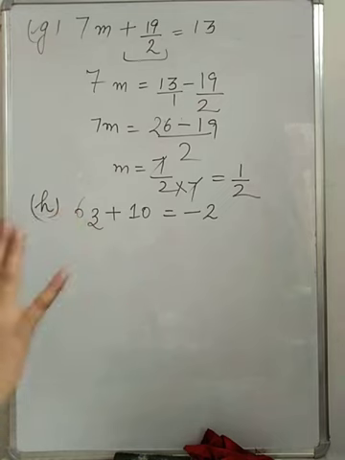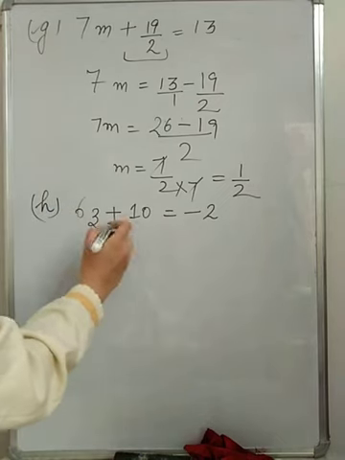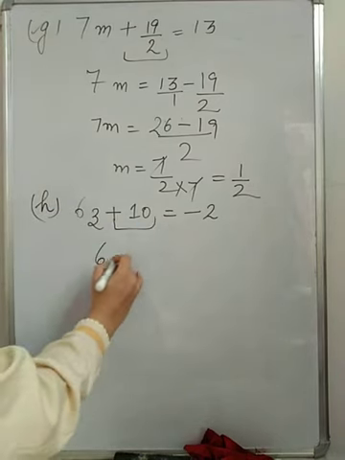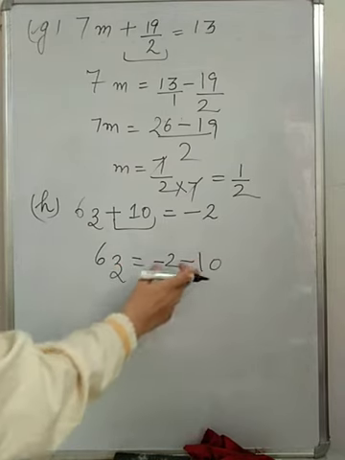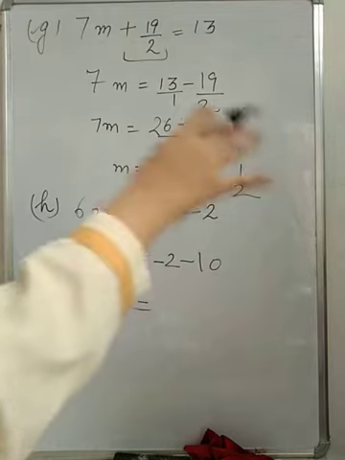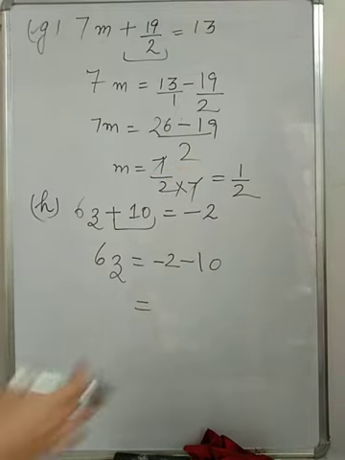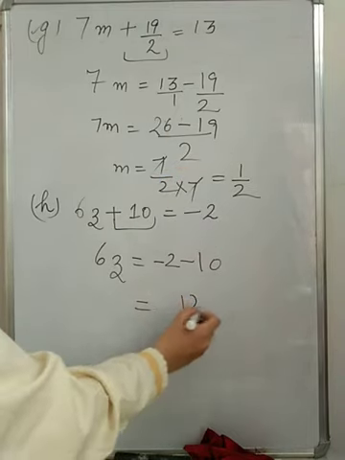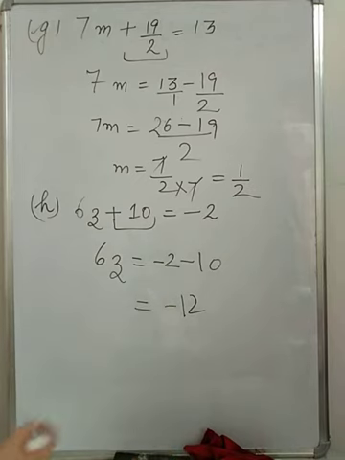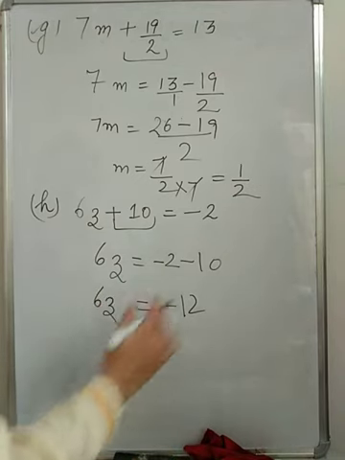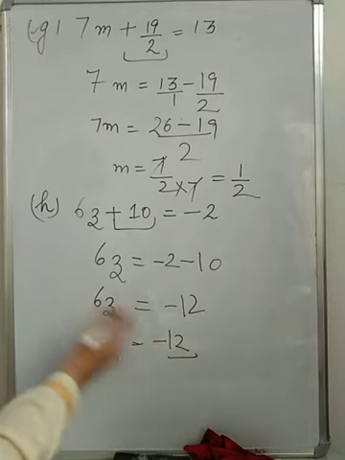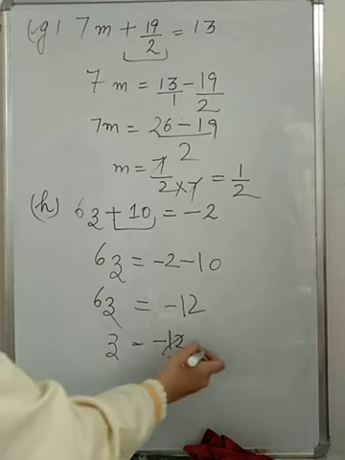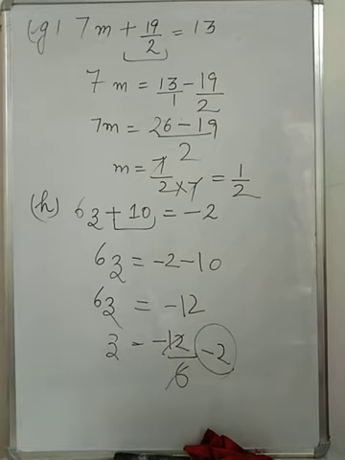See, now we have done so many questions. Here plus 10 is there. Move to the other side. It will be 6z equals minus 2 minus 10. Now see, when many negative integers are placed together, you just have to add them. 10 and 2 make 12, and place that negative sign here. 6z equals minus 12. Now z is equal to minus 12 upon 6. Now this will be minus 2. So the value of z is minus 2. Now see the next.